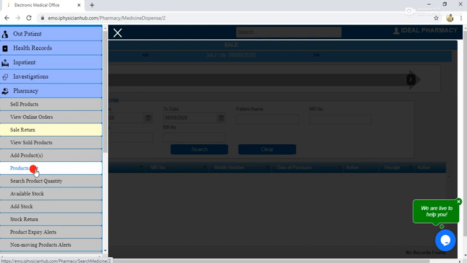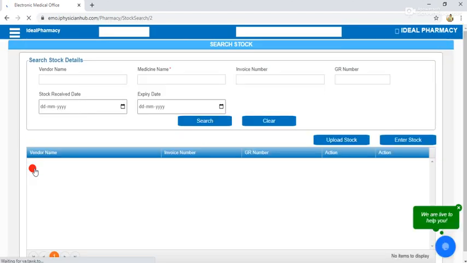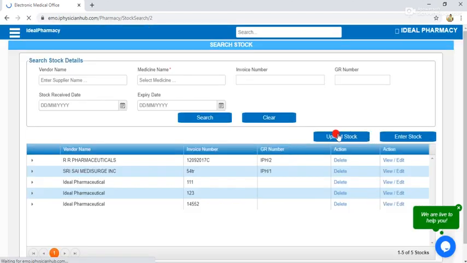You can get a product list and how much quantity of products there are, and that can also be searched here. And for stocking, you can check the available stock and you can add the stock also. If the stock is bulk and you can't add it individually, you can upload the stock at once. Here we have an Excel, you can simply fill that Excel, and if you upload it, all the stock will be added. If you have a lesser stock and can add it one by one, you can add that stock also.